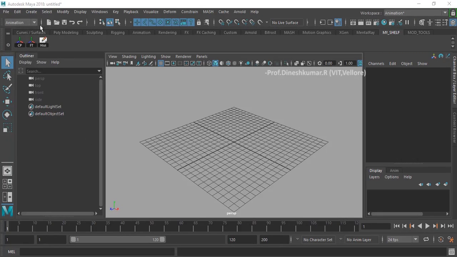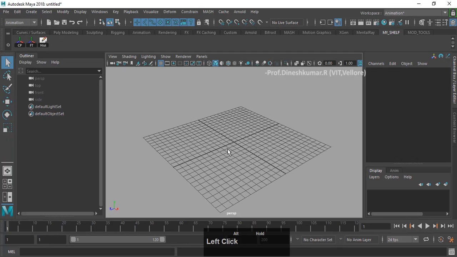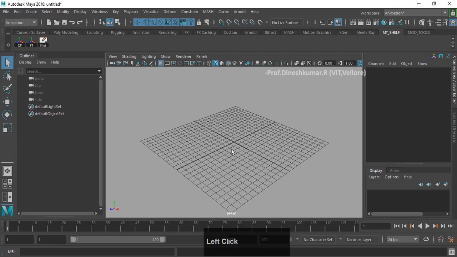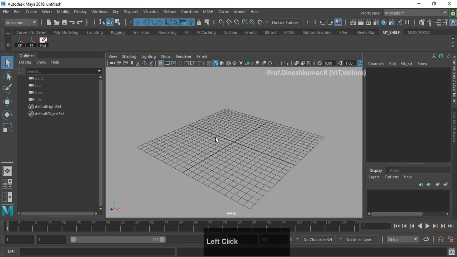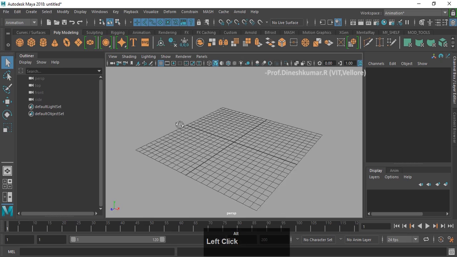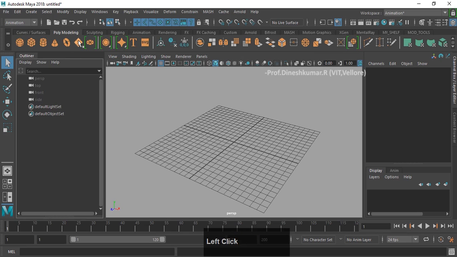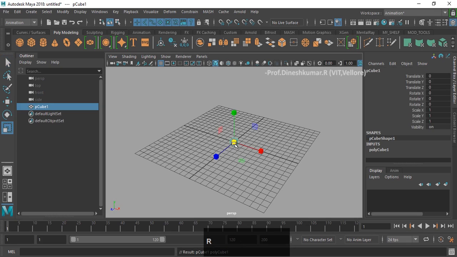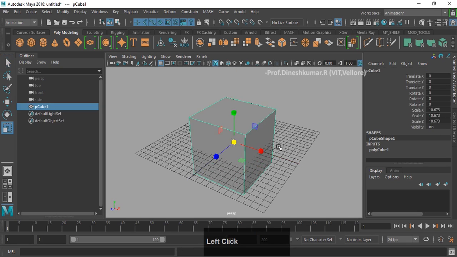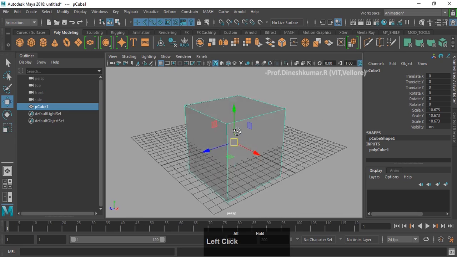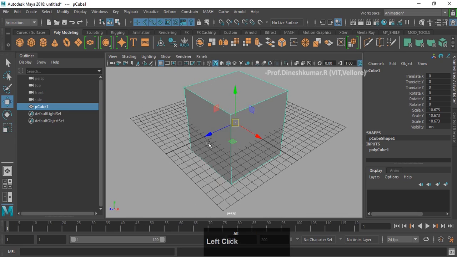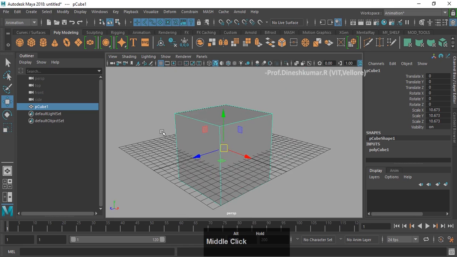Good morning, students. So last class we discussed modeling a Swat temple. Let me take you through some of the other basic steps. For example, let's take this cube. Let me scale this up. Okay, let's see here. So we have a cube. So the things we mentioned here is